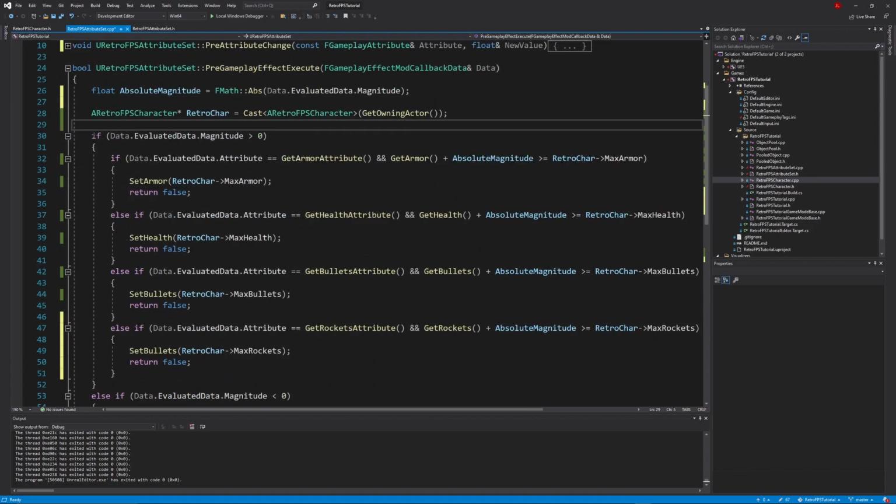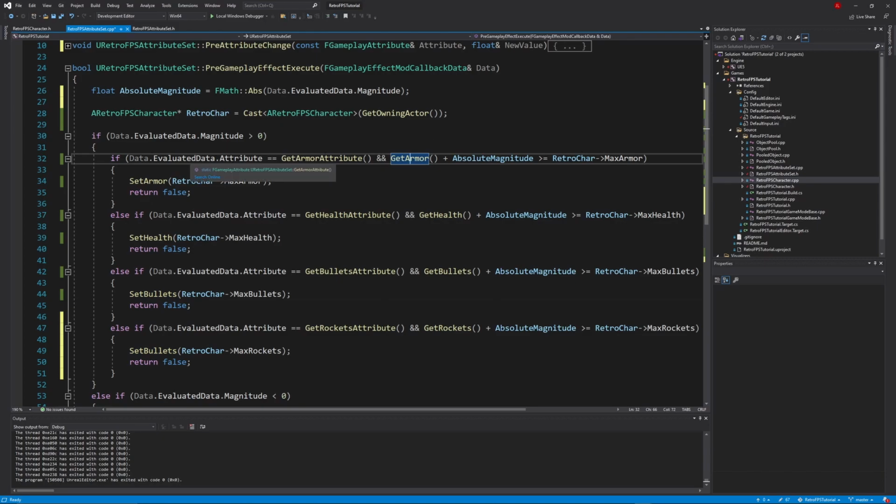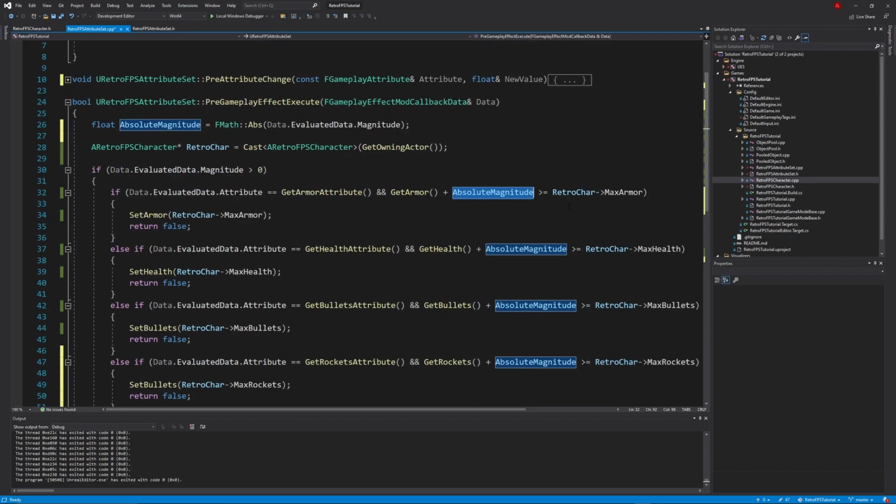Then we say, if Data.Magnitude is greater than 0, we're going to do the same thing 4 times, just changing the value. So we're saying, is the attribute equal to the armor attribute? And is the current armor plus the absolute magnitude greater than or equal to the max armor that's on the retro character? If it is, we're setting the armor to be the max armor and returning false. And we're doing that for each one.